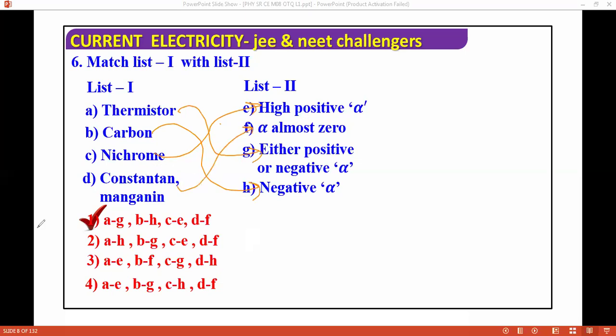So these are factual questions. You need to keep all these concepts in your brain. Sometimes such a question comes in front of you, and then you can solve it. Otherwise, leave it. No issue in it. But try to keep the concepts in your brain.